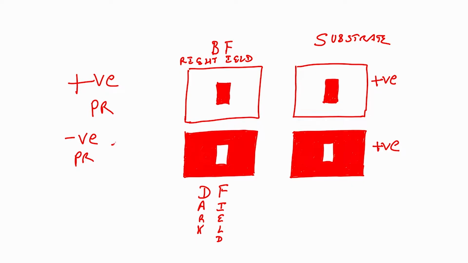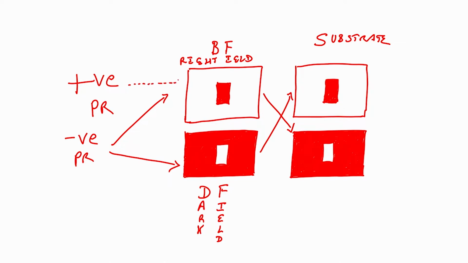with bright field mask, what I will have is this kind of pattern, and if I use negative photoresist with dark field mask, I will have this pattern. You see, opposite. If I use positive photoresist, so let me just draw positive photoresist with this kind of arrow